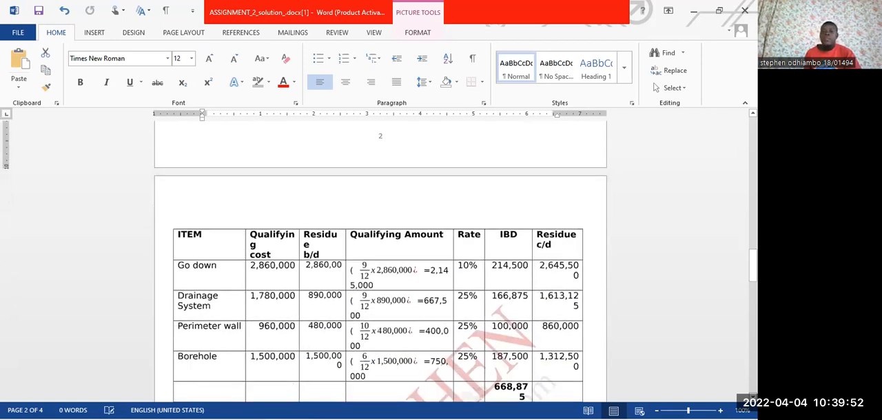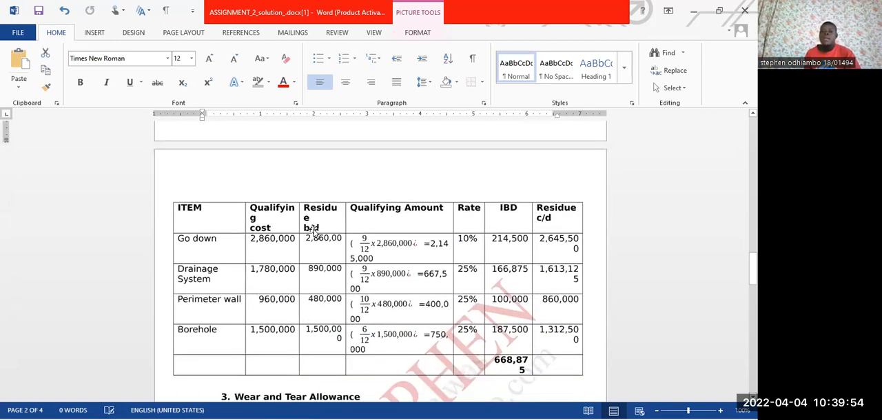So here you come and create columns based on what you need. We have item, qualifying cost, residue, qualifying amount, rate. Then we have industrial building deduction, I just shorten it as IBD, then residue. So a go down is an industrial building deduction. We have a go down, and if you just come up here, you will find that a go down